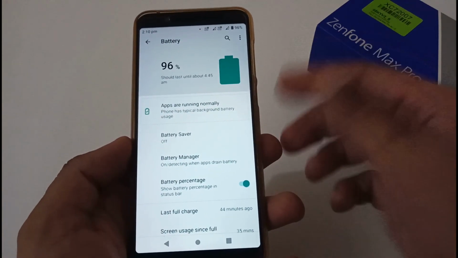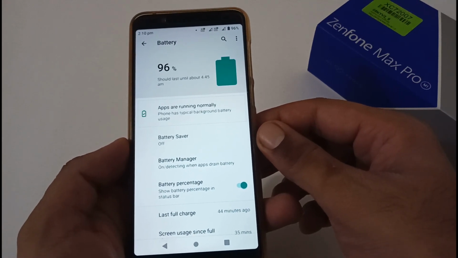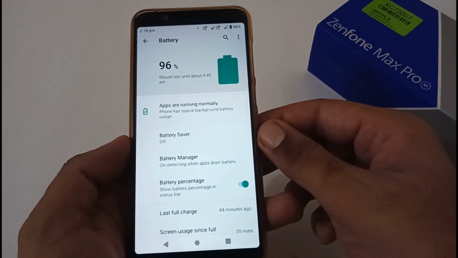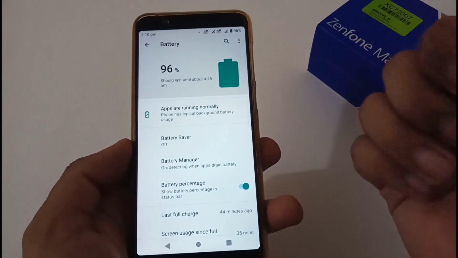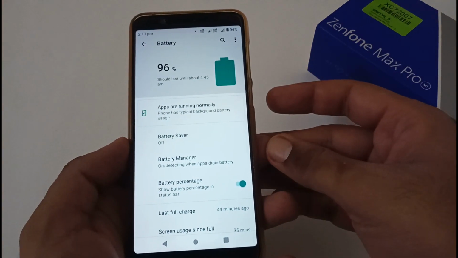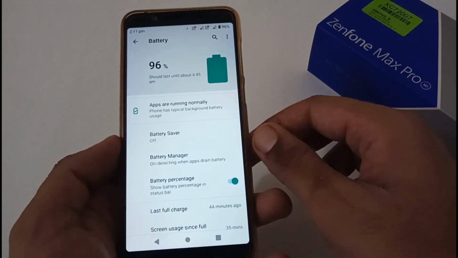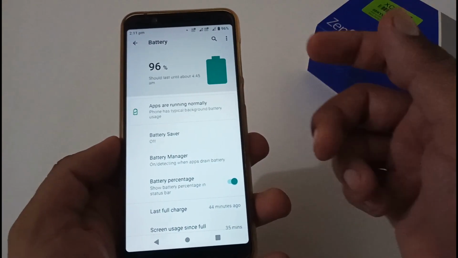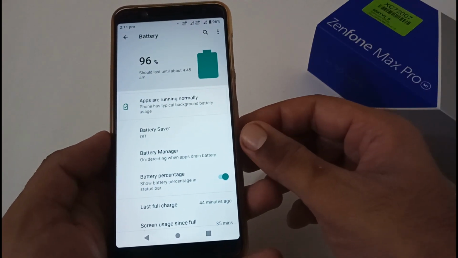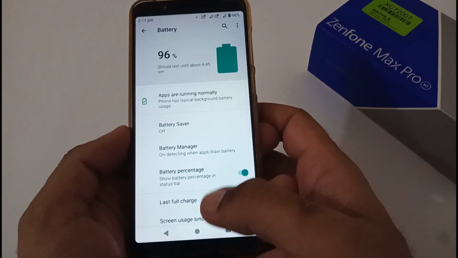Again, I will recommend that this is a satisfactory result, because of the phone's age, since this particular phone was introduced 2 years back. Apart from this, if someone is facing 10%, 20%, 30% drainage, then firstly they should look for a replacement of their charger, because I'm not using the ASUS default charger. I'm using a 10 watt compatible one. Otherwise they can go to the ASUS service center and have their battery inspected as well.